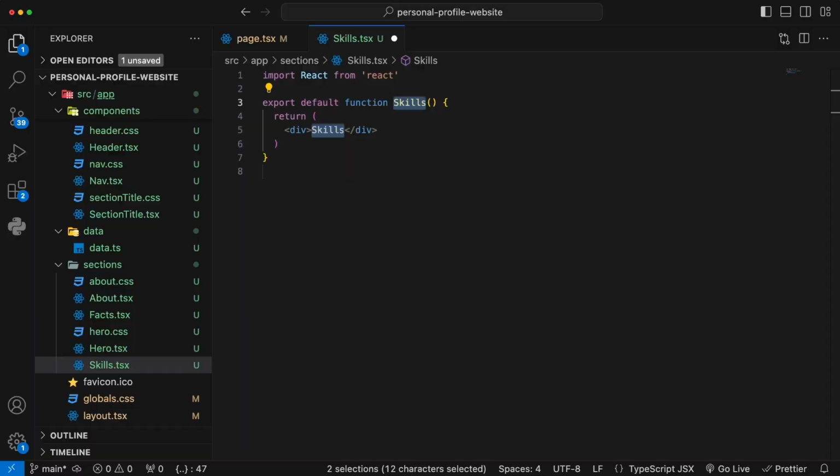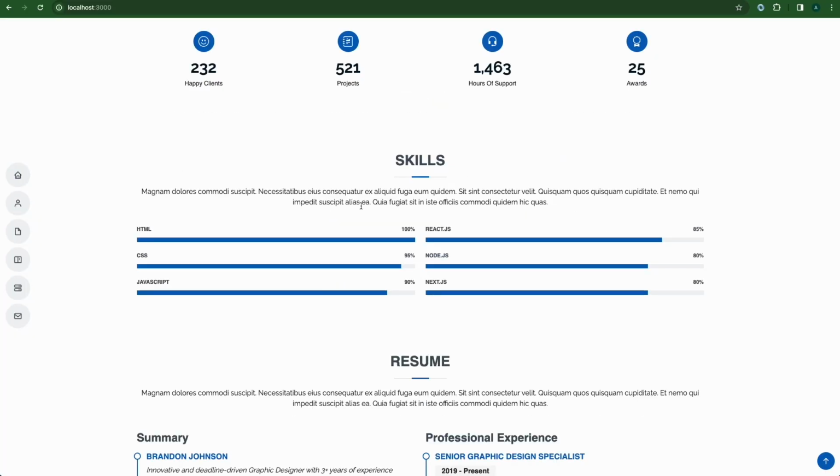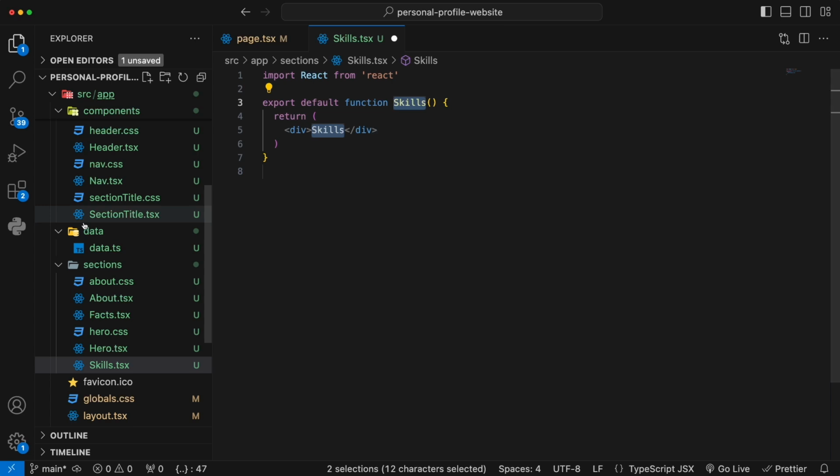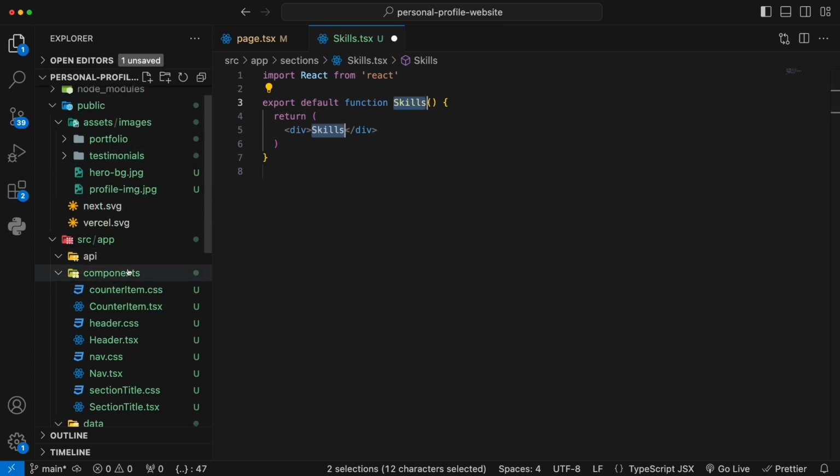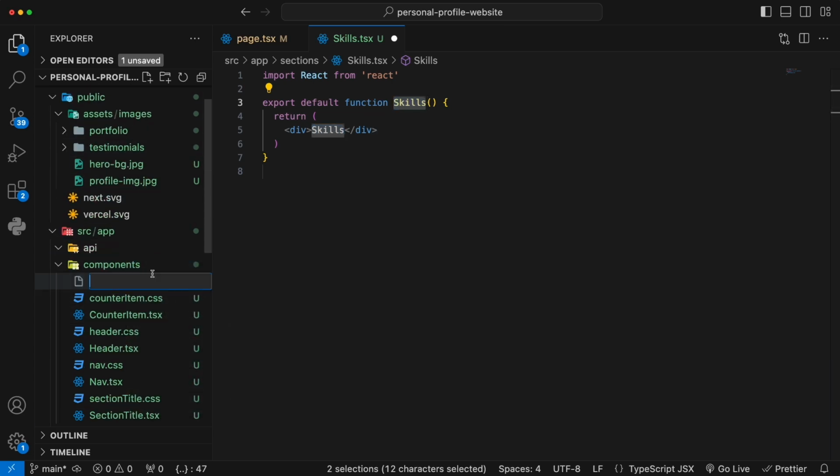And to think about, if you look at the original design, each skill progressive bar follows the same kind of logic. It has a title, it has the bar percentage, and also it has this progressive bar body. Alright, so since it follows the same kind of template, we're going to make this one a separate and isolated component. So what we're going to do is inside our component, create a new file called progressive,